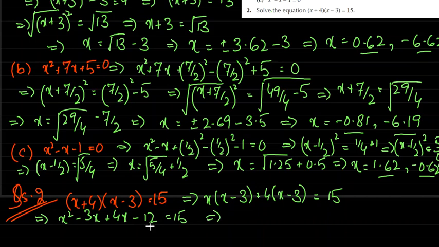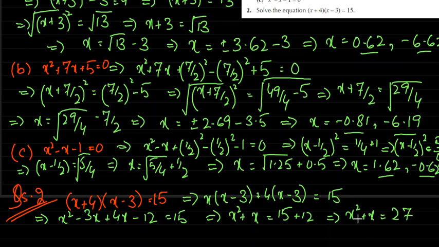Taking the constant to the other side, x square minus 3x plus 4x means plus x, is equal to 15 plus 12, right? So it becomes x square plus x